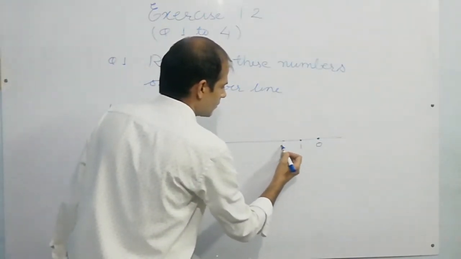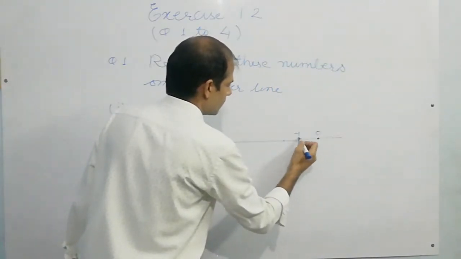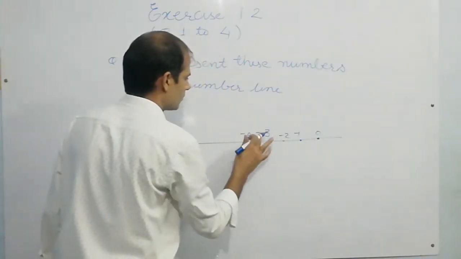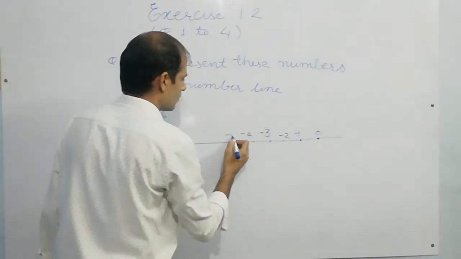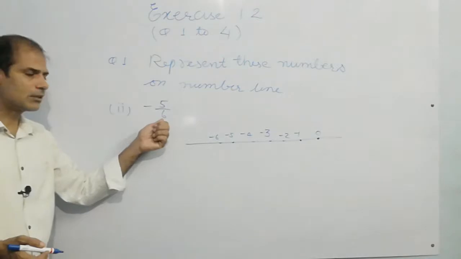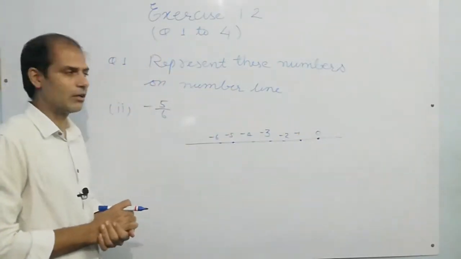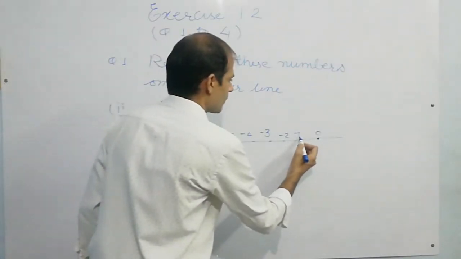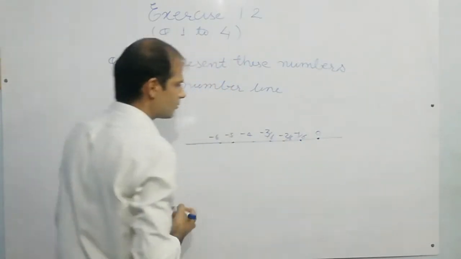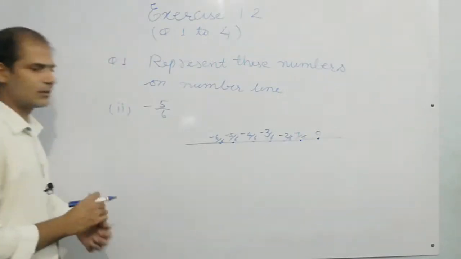So you have to write 1, 2, right above the number line, this is -1, -2, -3, -4, okay, -5, -6 in this way, and 6 is the denominator, so put 6 as the denominator for every number. It is -1 upon 6, -2 upon 6, -3 upon 6, -4 upon 6, -5 upon 6, and -6 upon 6.